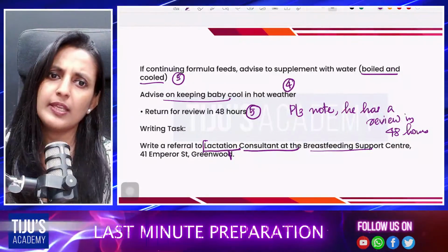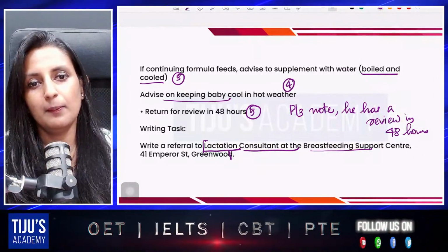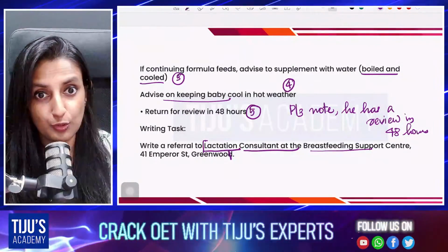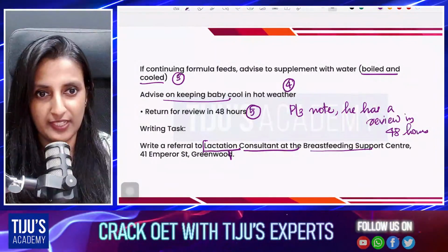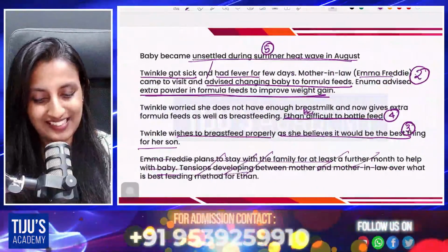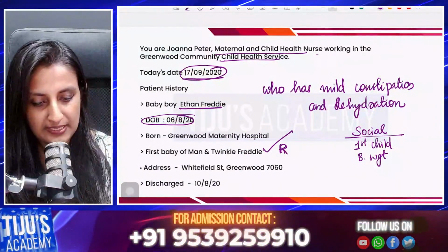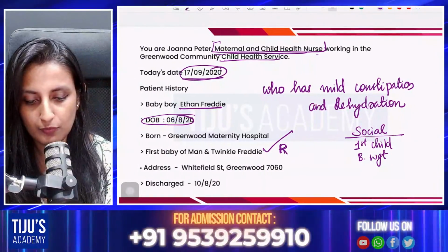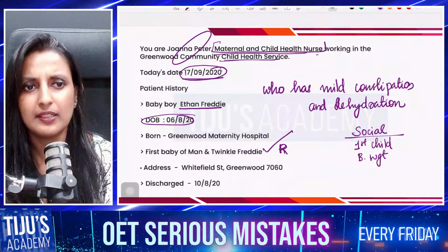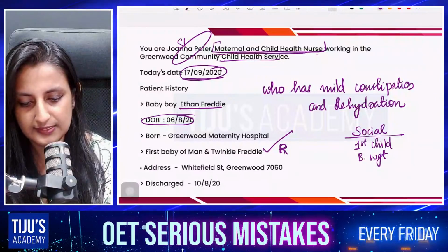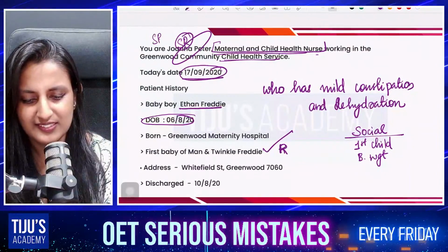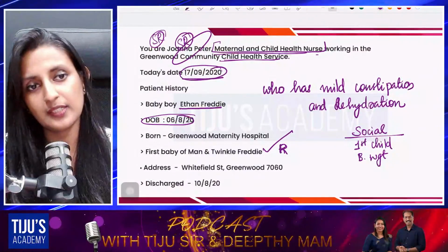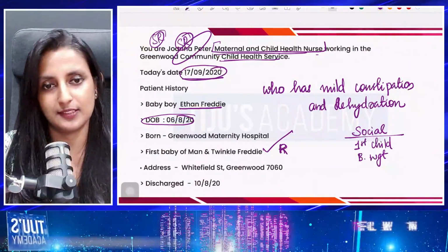Okay. Then we can conclude the letter by mentioning, please contact me for further information. Ending, since there is no name for the reader, yours faithfully. And what is the designation of the writer? Maternal and child health nurse. Here, the name of the writer is also mentioned, but that is not relevant. This is a semi-relevant data. It's not necessary to write the name of the writer. So you can simply write it as maternal and child health nurse. Okay.